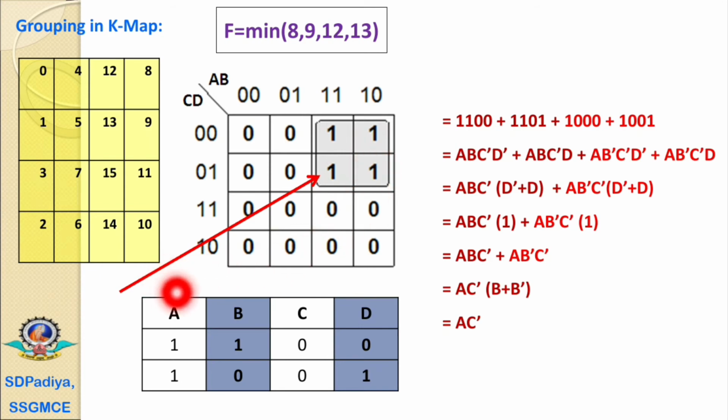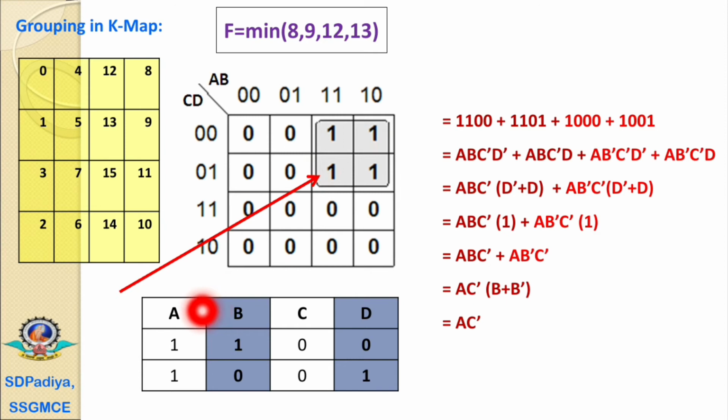Now here we have considered this A, B, C, D. The first element is this, that is for the designation 1100. Therefore we have written the 1100 for the A, B, C, D. And the second is 1 0 1 0 1. Now in this 2 we'll compare the values.